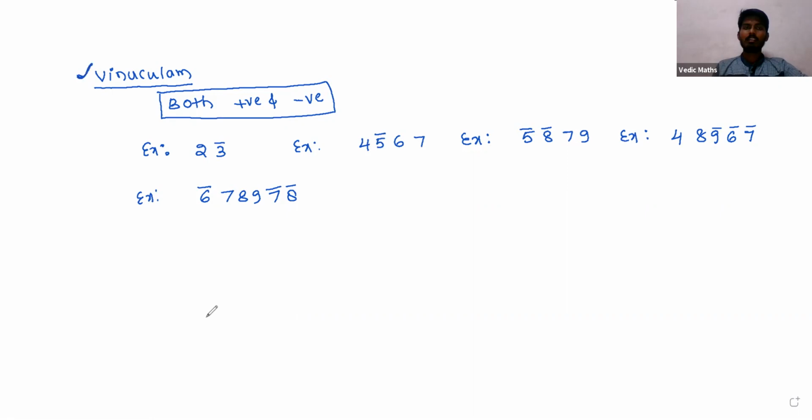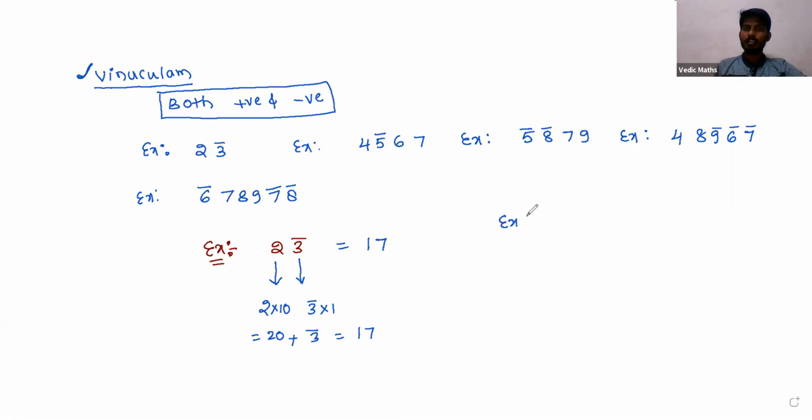Okay. And here there is a very important point we have to observe. Before going to that point, let me take two examples. Suppose I take 2 3 bar. Here the place value of the 2 will be 2 times 10, which equals 20, and the place value of the negative 3 will be 3 into 1, so that is negative 3. If you add them together, then we get 17. So the value of 2 3 bar is nothing but 17.